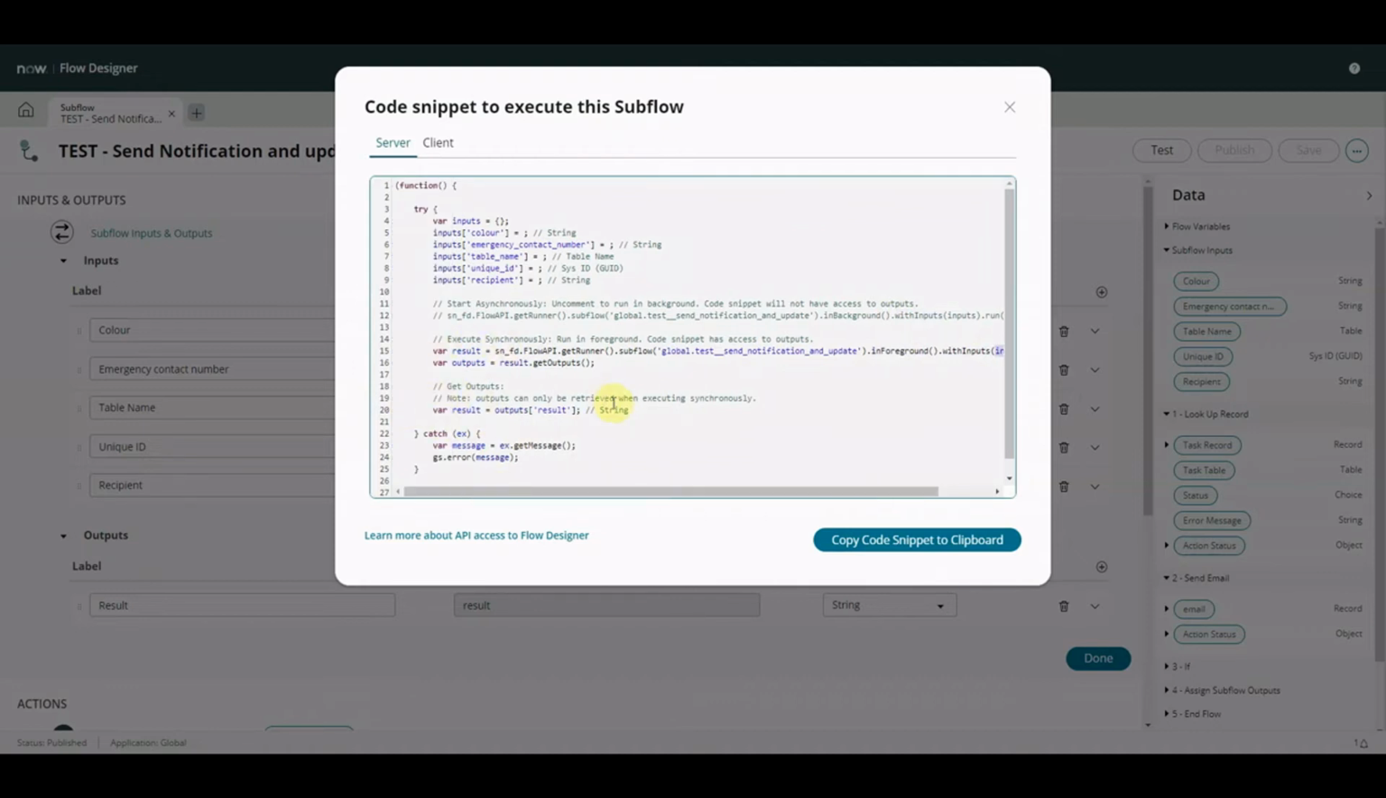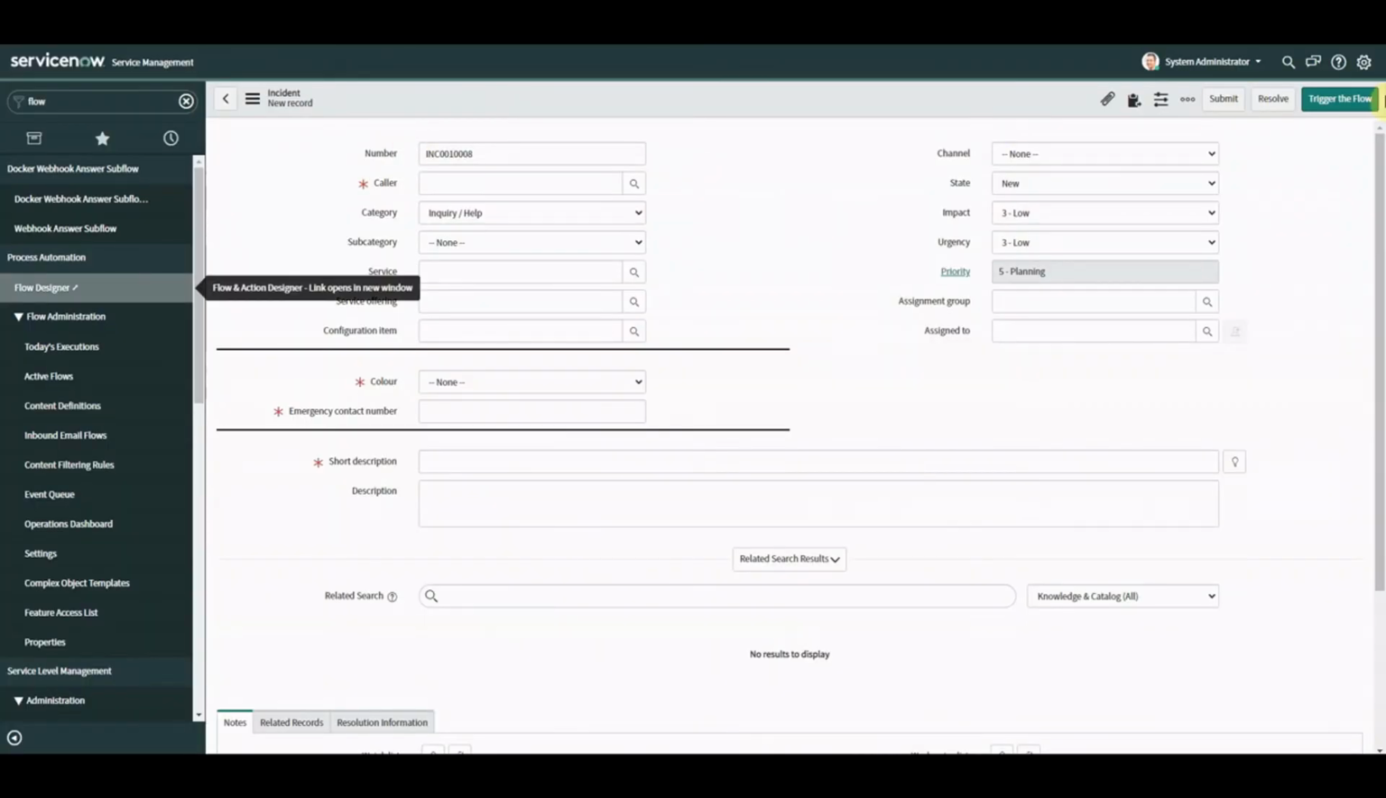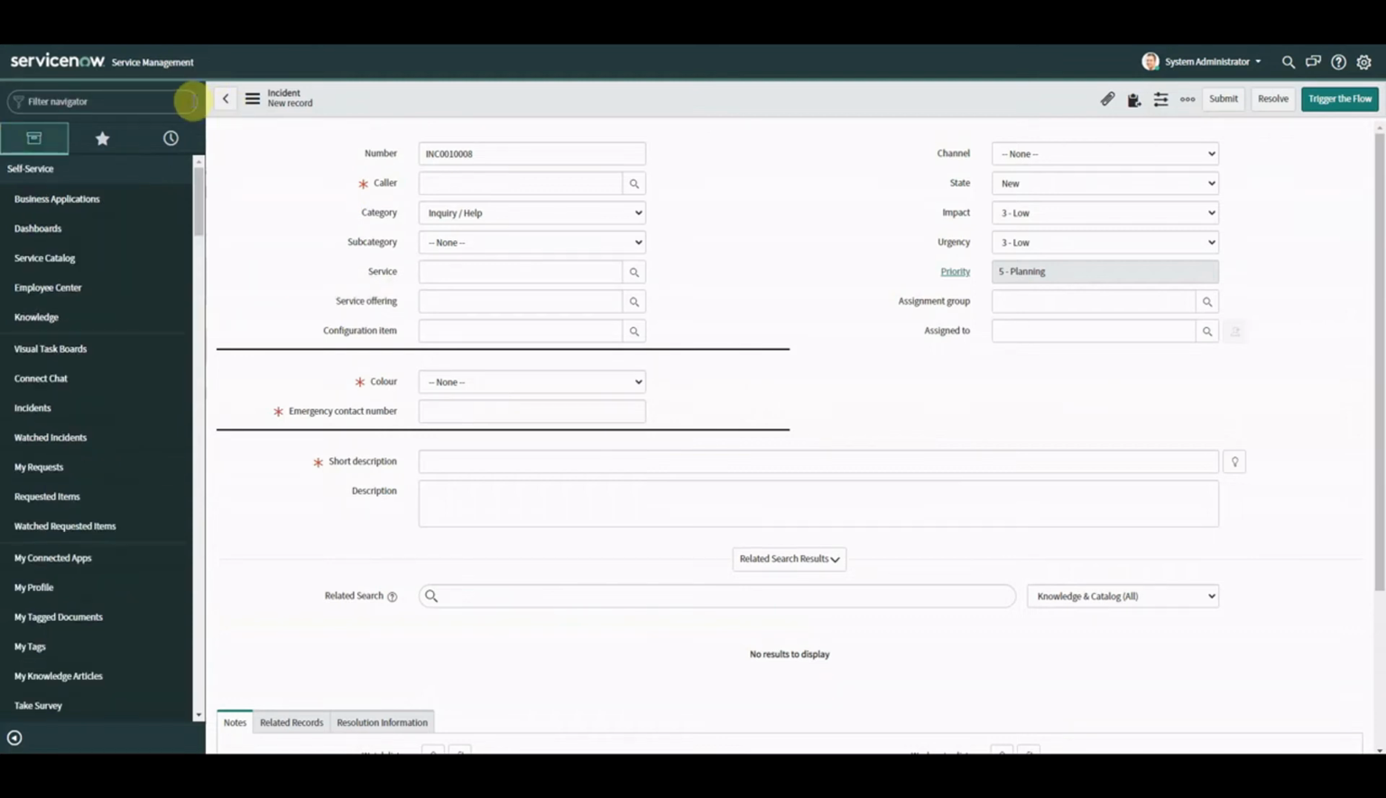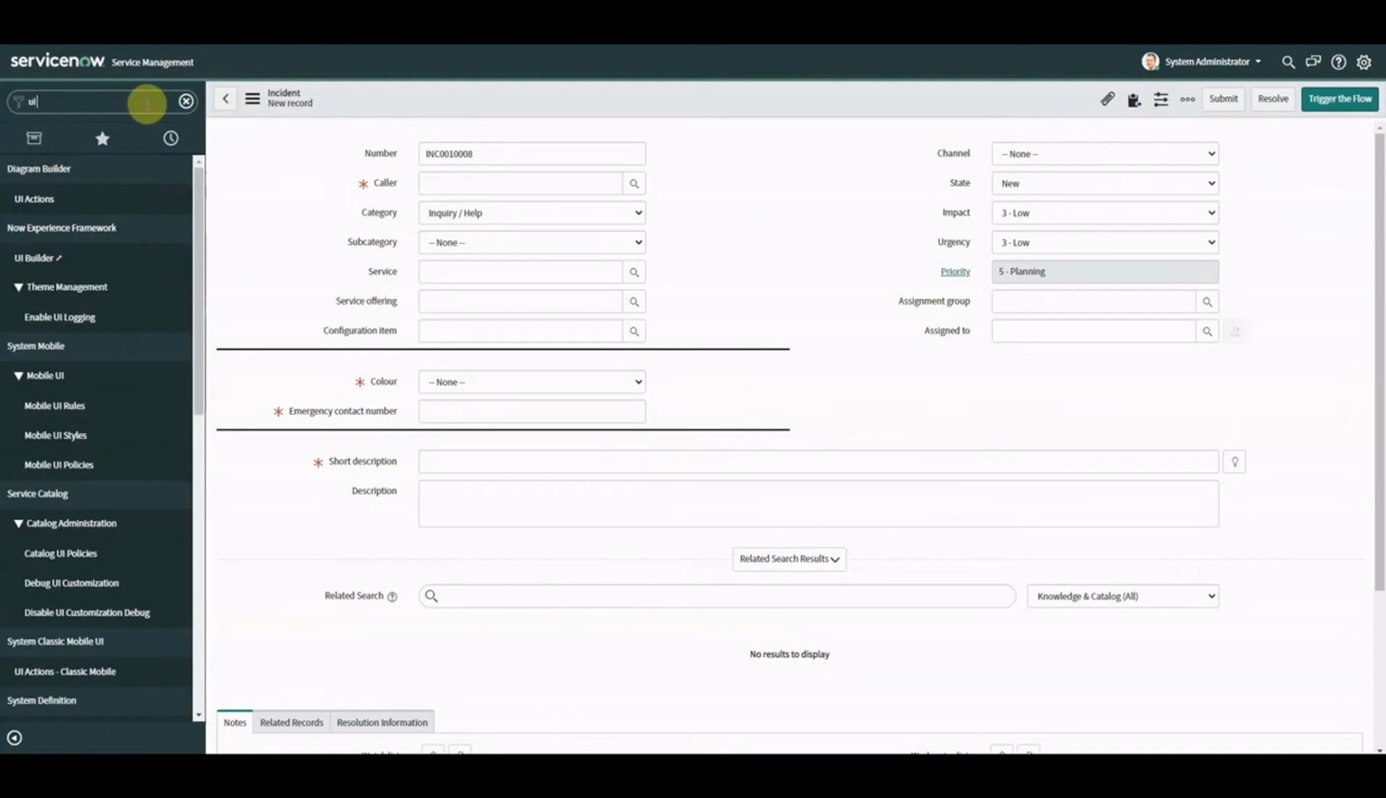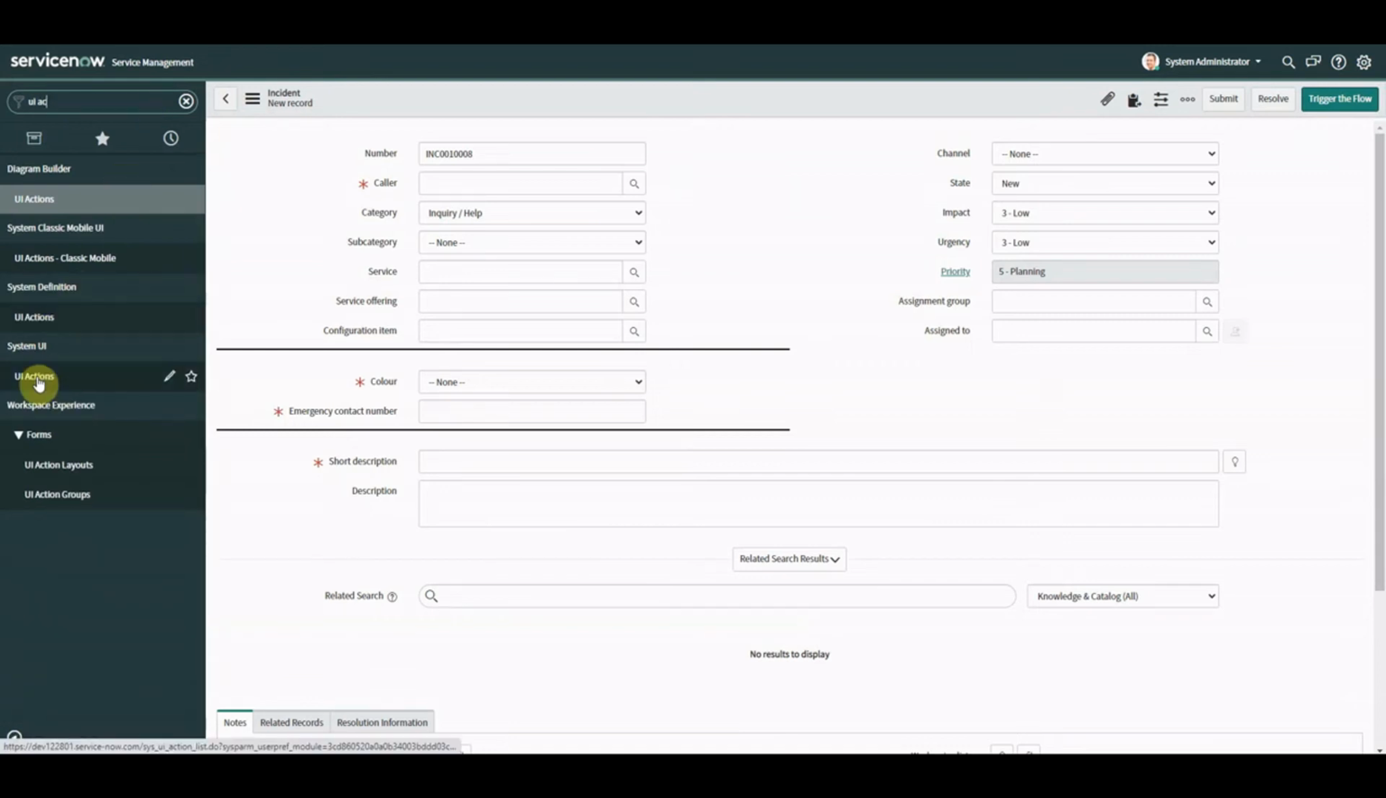And then we've got the outputs, so we get the outputs here, okay, and then it's given us a nice try and catch as well, and it's put it all inside a self-invoking function. So what we can do now is copy that, copy code to the clipboard, copied, and we're going to go back over to the incident, and we're going to go to our UI action. So let's do that. So if we go to UI actions,